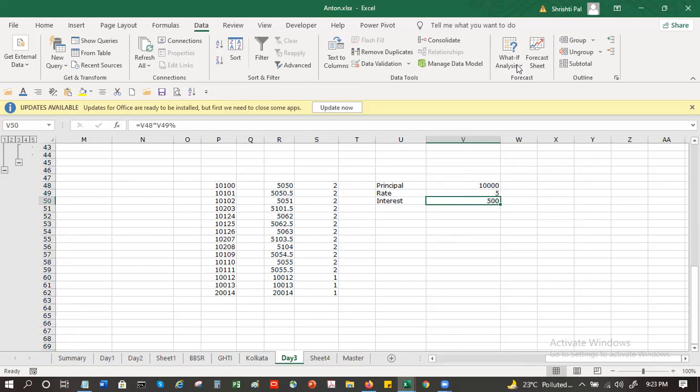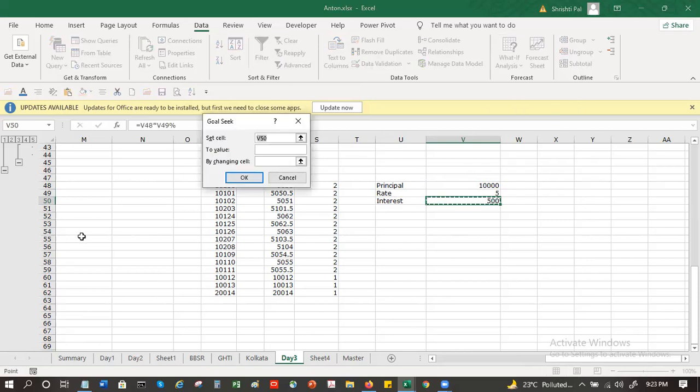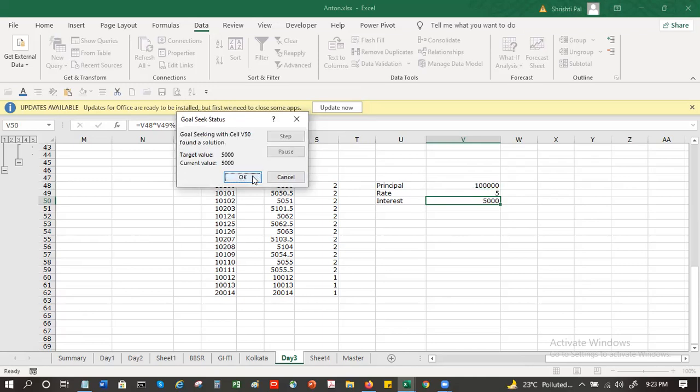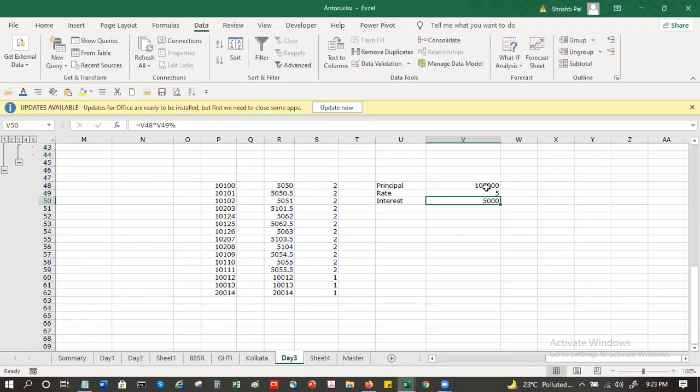Now, with this goal seek, what I can do is, I can say, set, let's say this 500 to a value of 5,000. So how much do I need to change this value to? It is a straightforward calculation. So the system modified this to 100,000. 10 times, right?